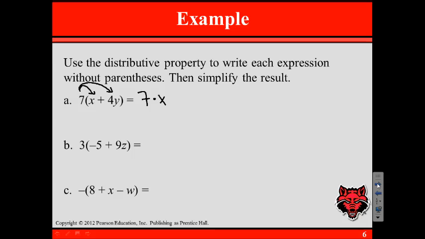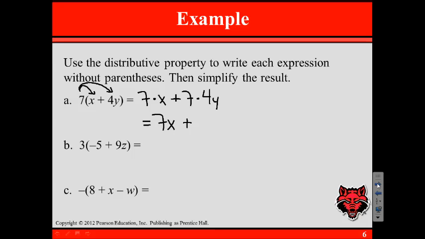We write our addition symbol, plus 7 times 4y. To simplify, 7 times x, we don't write the multiplication operation because 7x right beside one another, it is understood that we are multiplying those two factors. Plus,